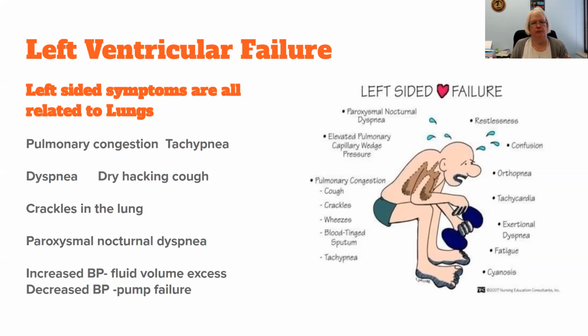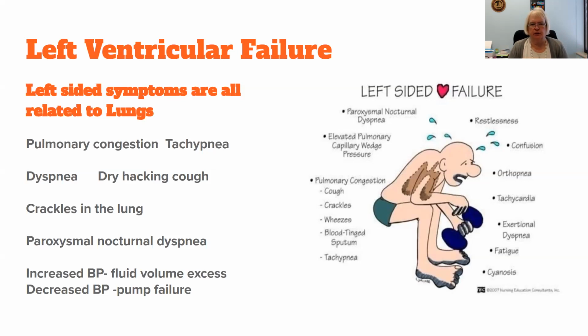And we know if blood or fluid is pooling, it starts seeping into the tissue, and lungs are tissue. So it would start filling up. So pulmonary congestion, tachypnea, dyspnea, going to have a dry, hacky cough, but I'm going to hear crackles when I listen. They're going to have